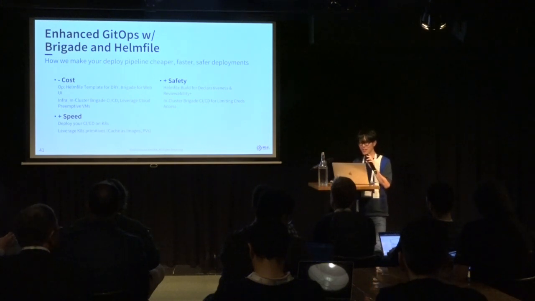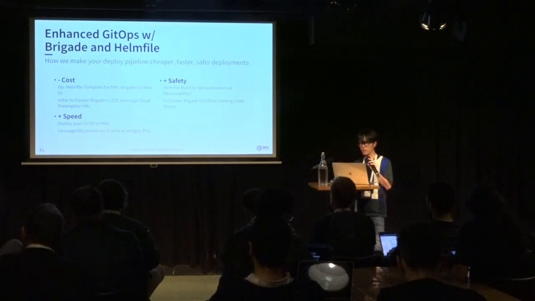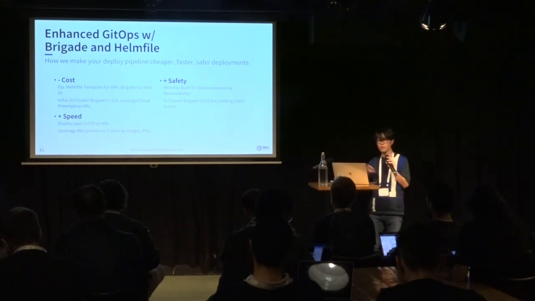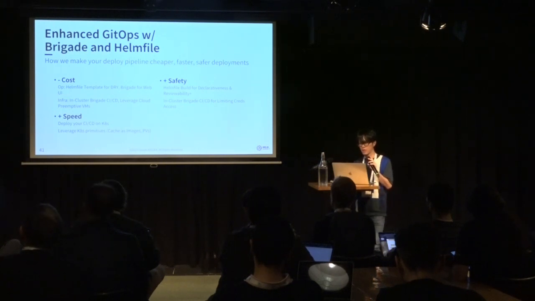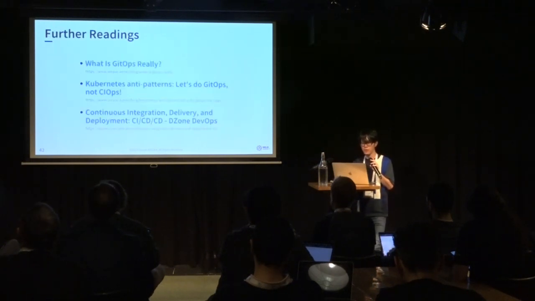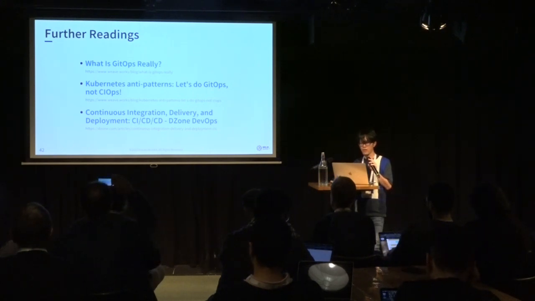Okay. Finally, running Helmfile build for declarativeness and reliability, and deploying your in-cluster Brigade CI/CD for limiting credential access only to your infrastructure, not third-party services like Circle CI, is extra safe. Okay, so I'm finishing my talk, but if you are very curious about how GitOps and this pipeline works,